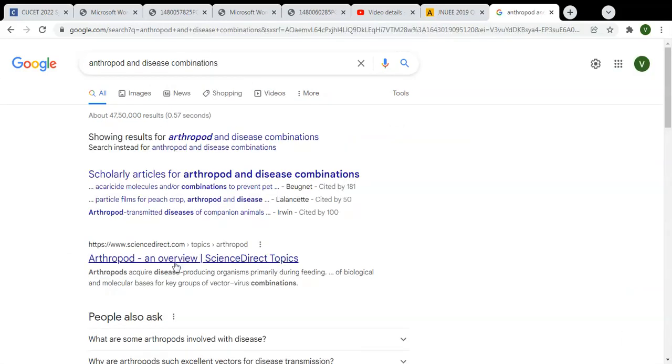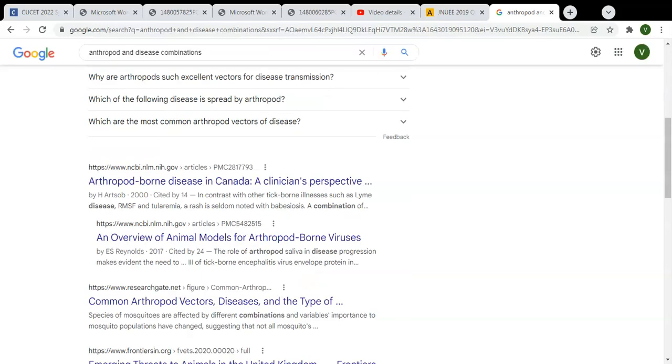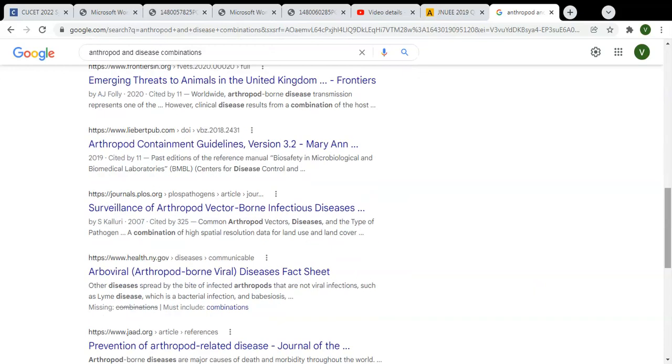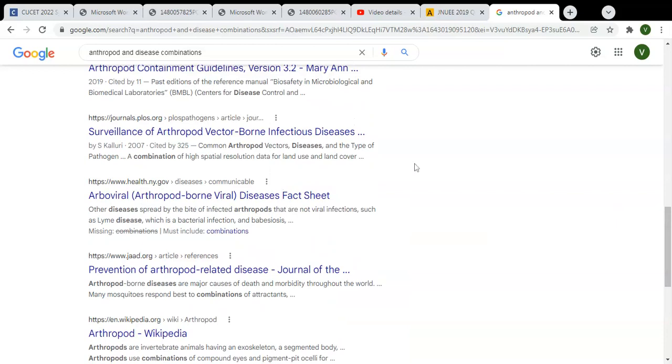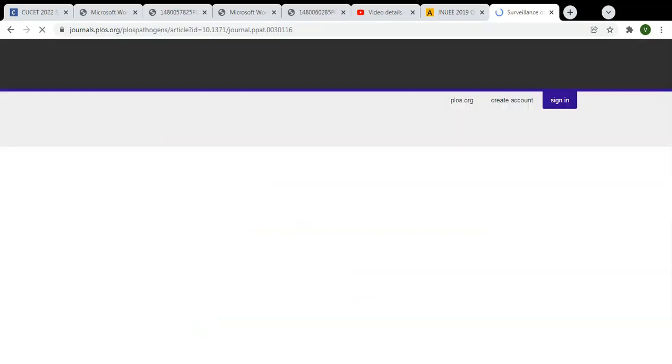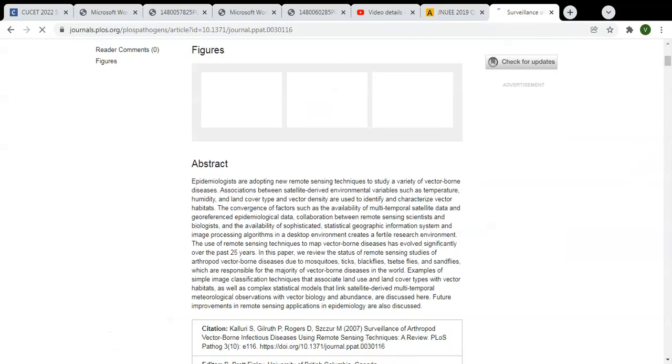Okay, so vectors. You can study what are the vectors which cause animal diseases and what other diseases are caused by arthropods. Just a primary reading of vector-borne diseases will build your knowledge,